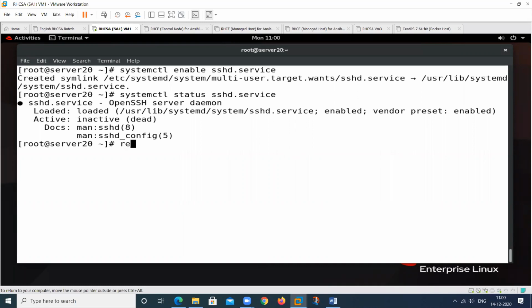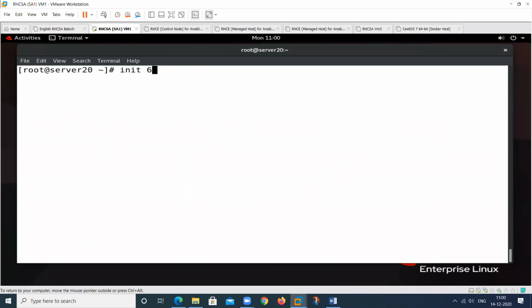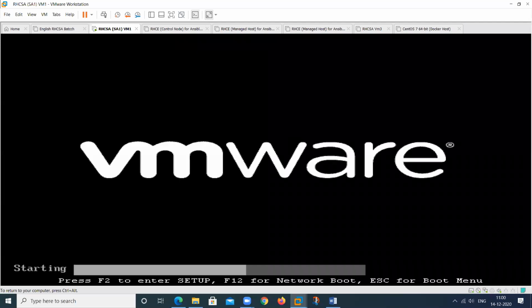If we reboot this particular machine, then see the status again.